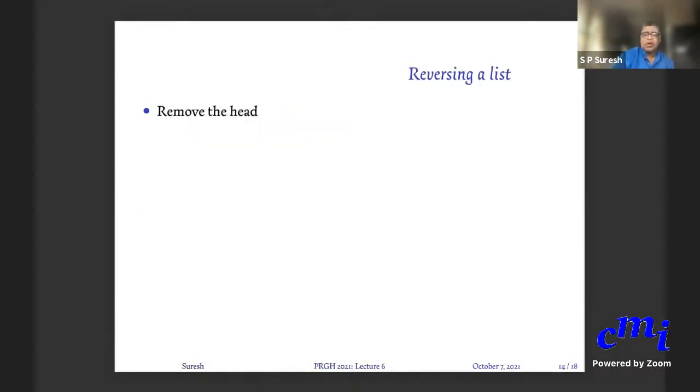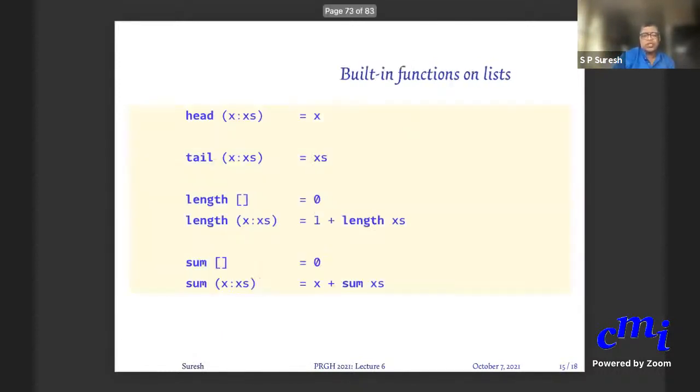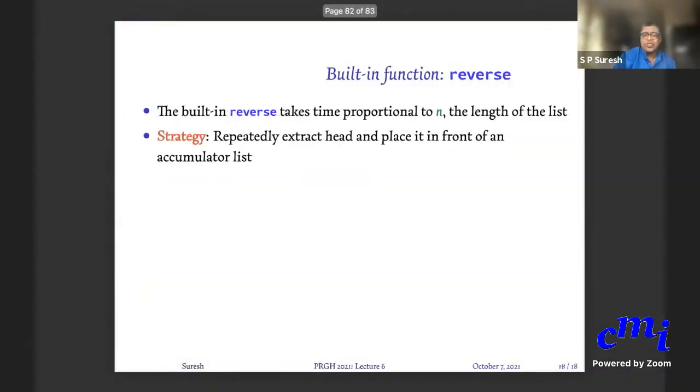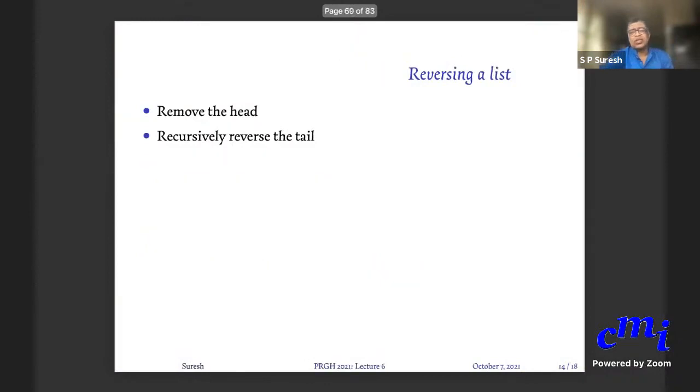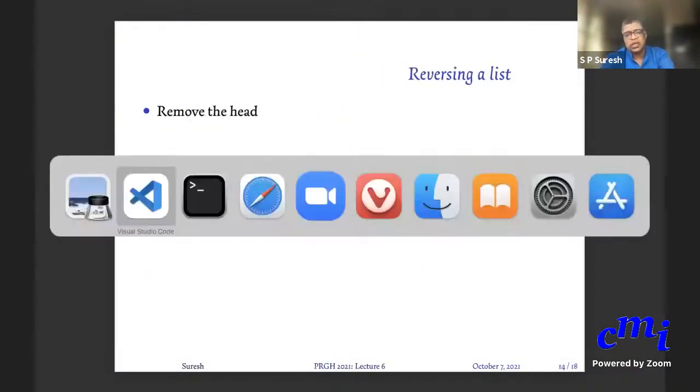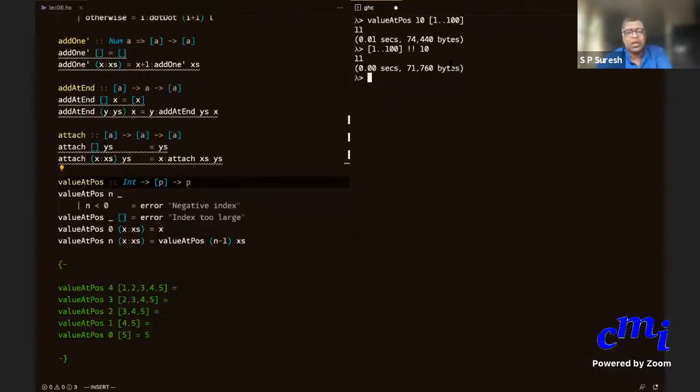So now the next thing is to reverse the list. We have seen some parts of it already. I'll do all this in the next class because there is no point in rushing through this. We'll do more list functions in the next class. Any questions you might have now? I'll answer them, and otherwise we'll stop the class.